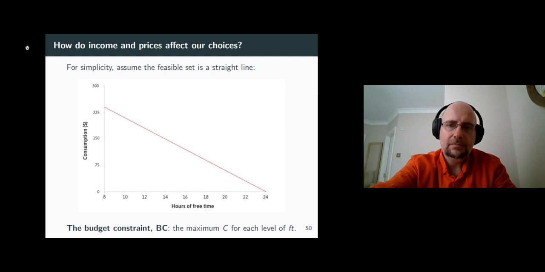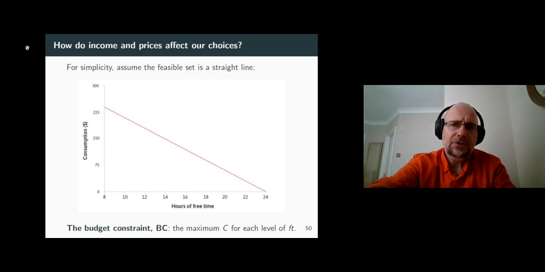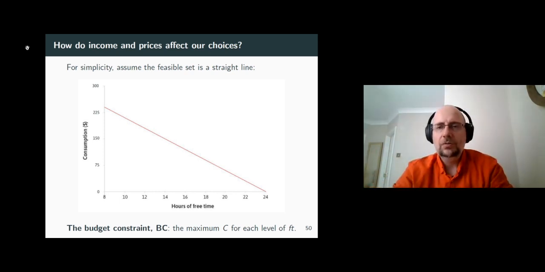And note that she has 24 hours of free time. If she has 24 hours of free time, she would not earn any money for consumption. And if she works 16 hours and has a leisure of 8 hours only, she would earn $240. So potentially, if she works for 16 hours and earns $240, she can exchange those $240 for consumption. So it turns out any consumption between $0 and $240 is feasible, and any free time between 8 and 24